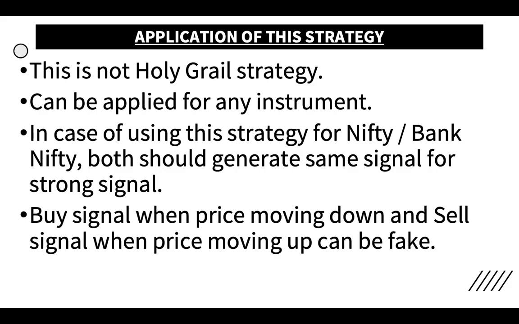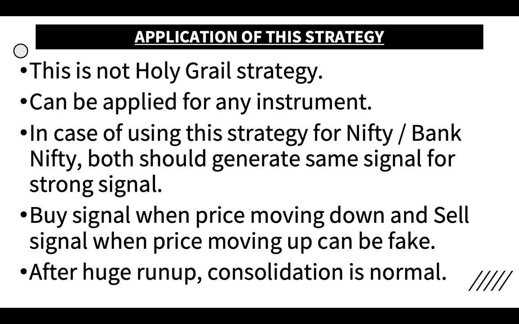That is important. When a buy signal is generated and the price is moving on the downside, it could be a fake signal. Similarly, when a sell signal is generated and the price is moving up, it could be a fake signal. So this is what you have to take care of. This happens rarely, but when the price is consolidating after a big run-up of 2-3%, then this can happen. It's not that after a buy signal you see a 3% up move and immediately a sell signal, the market will keep moving down. It doesn't happen. This is a rare case.